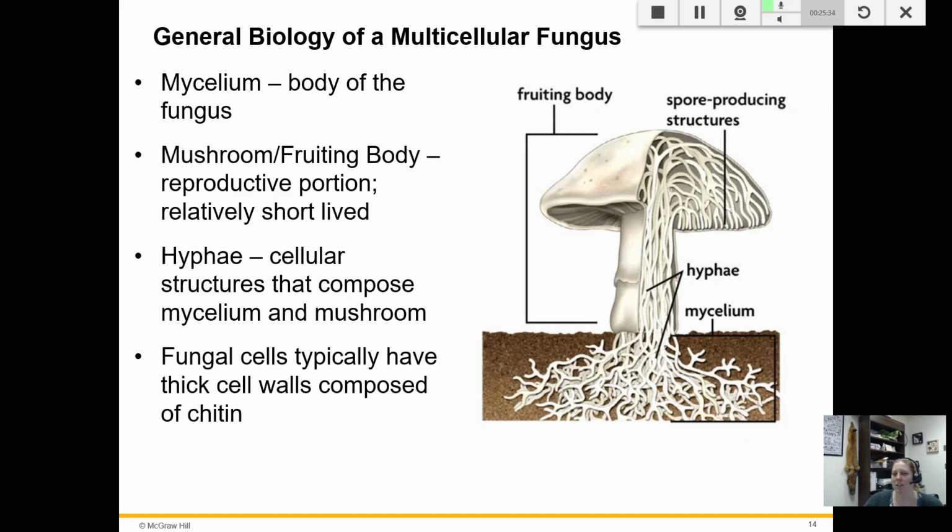The hyphae are densely, tightly packed. If you like to eat mushrooms, if you get those white button mushrooms and you cut one and pull it a little bit, you'll see these little fibers come off. Those are hyphae, okay? Fungal cells are different from plant cells as well, because while they have a cell wall, it is made of chitin, and that chitin is very similar to the chitin we see in animals. So it's another clue that fungi are more closely related to animals than they are to plants. Okay, that should fill in some of your table.